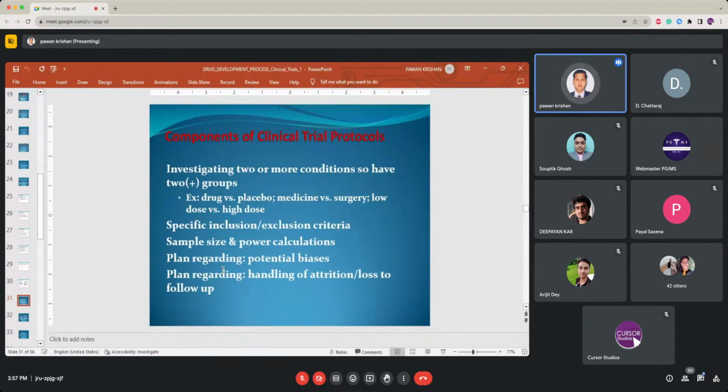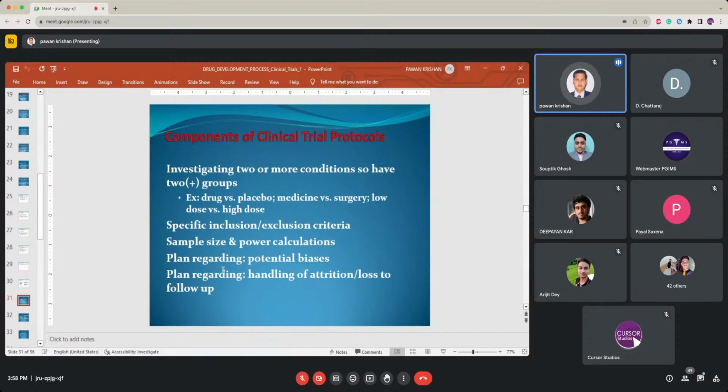So some more components of the clinical trials include that there should be at least two groups, minimum two groups has to be there in clinical trials. That is, one is the treatment group, second is the standard or placebo group, which we call as control or placebo group. So it can be called a standard control or placebo control group. And there has to be a specific inclusion and exclusion criteria, very important aspect, specifically laid down inclusion and exclusion